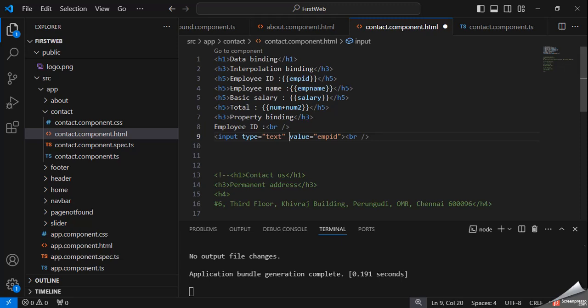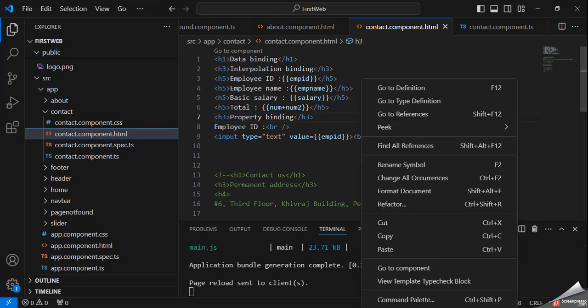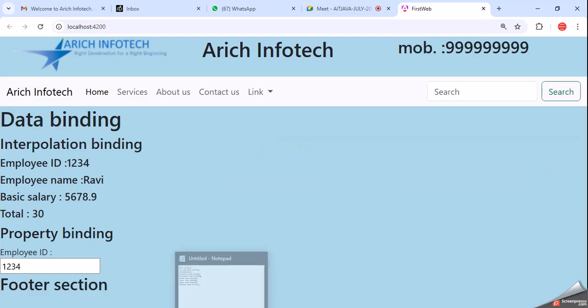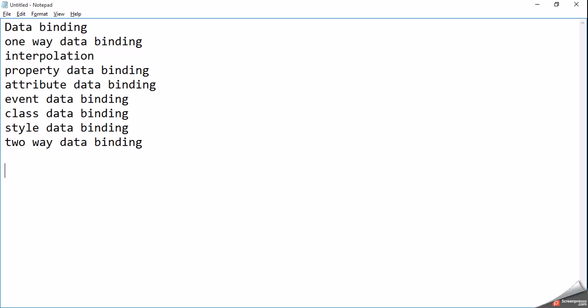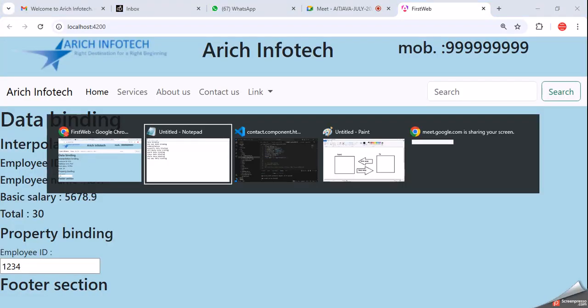So here we can declare the employee id, and you can see here 1 2 3 4. So that is the way of interpolation binding.